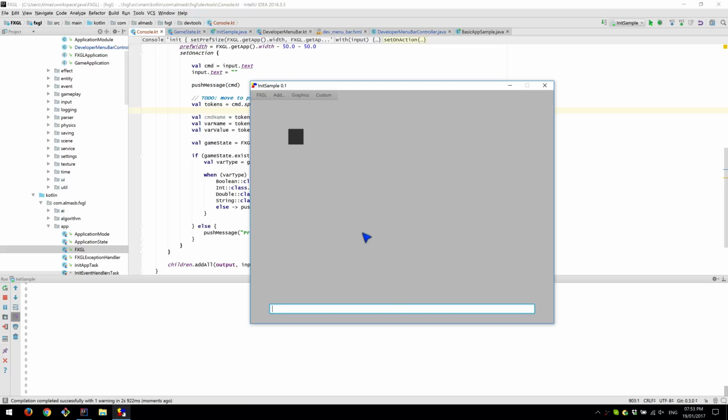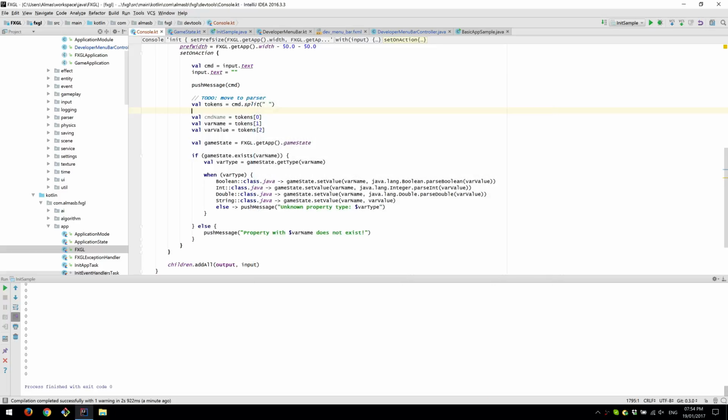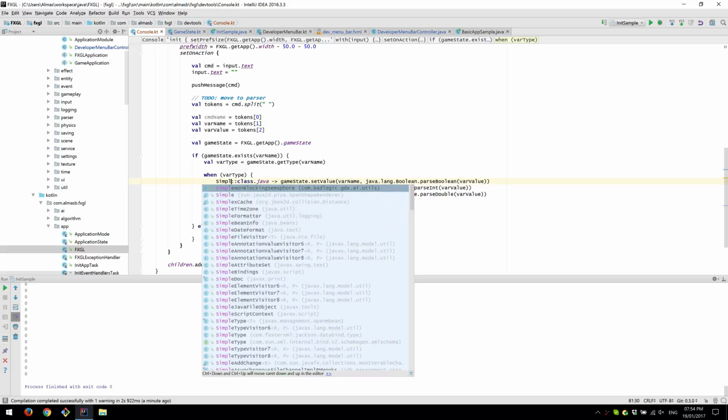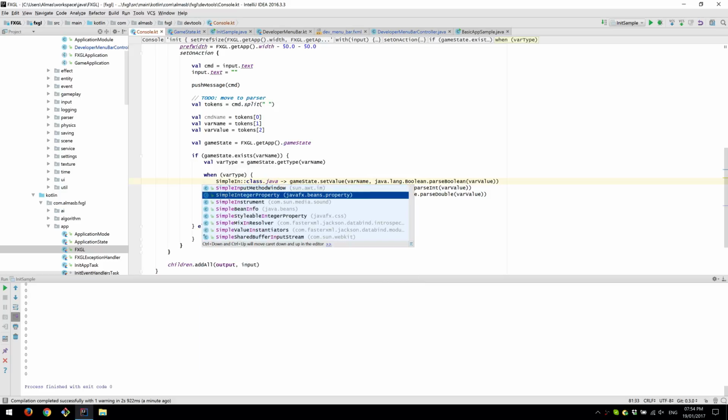So open the console, the score is now 0. We do set score 15. Right, it returns the property instead. So it's not the raw type, it's the property type, which is fine because we can check for that as well. If it's simple integer property,